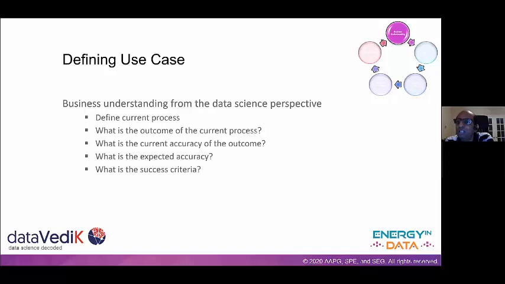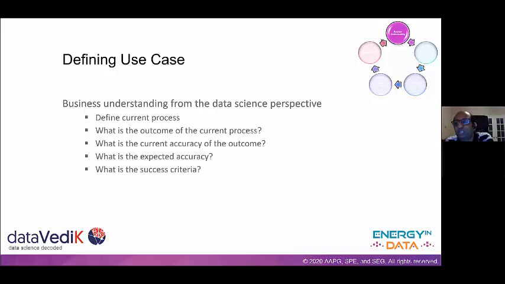Right, and then if there is a need to build a new solution or not, right? That's typically a question to be answered at this stage, because sometimes as you elaborate this, you say, well, probably I have a good enough solution. May not be the best solution, but maybe I have a good enough solution for this market need, right? You can stop at this stage if that is the outcome. Okay? But if not, then you go further and say, okay, if I am going to use data science to